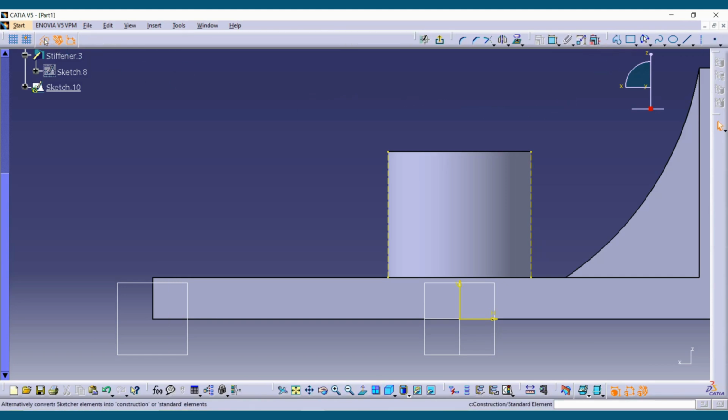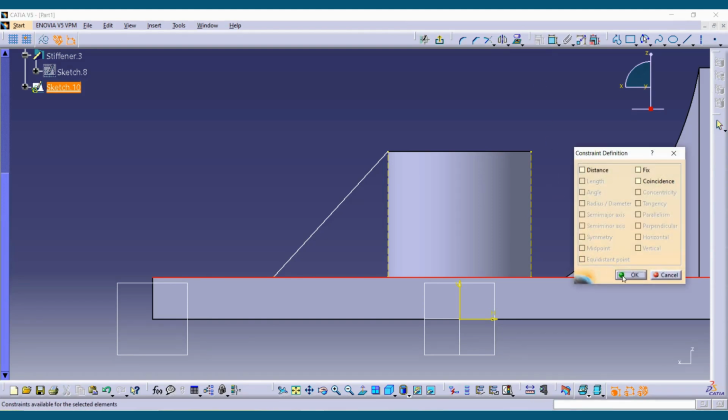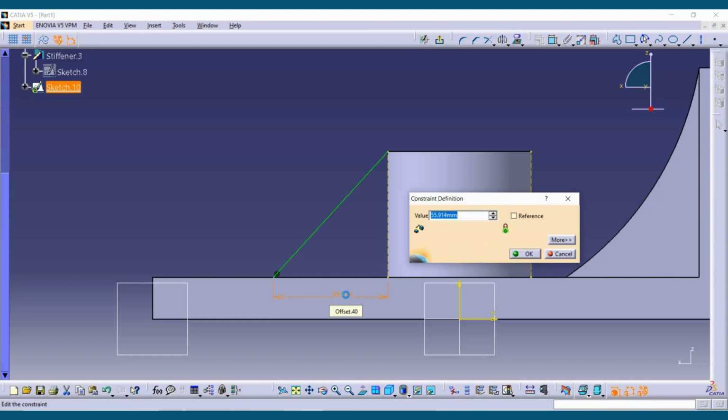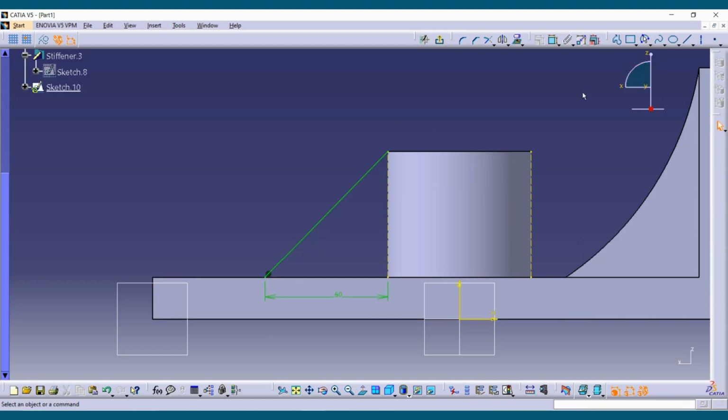Put off the construction first and then go for the line command. We have made this line, say coincide with the edge, and now put up the value for making it constraint here. I'll say the base I need at 60 mm from the corner of the cylindrical face, and here I'll say